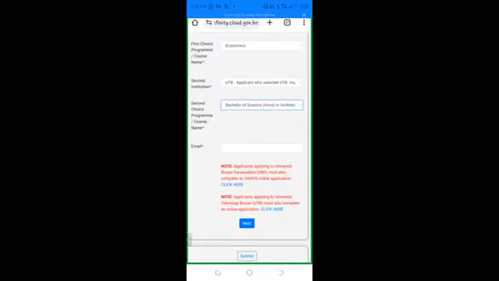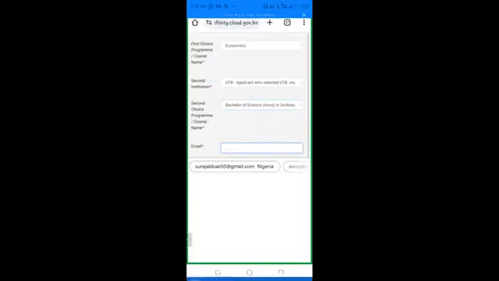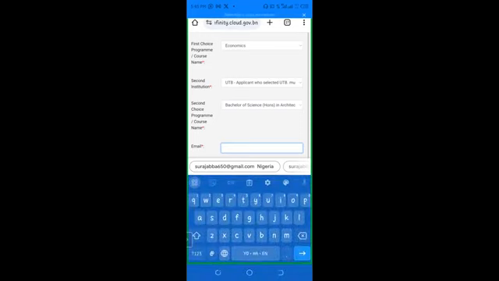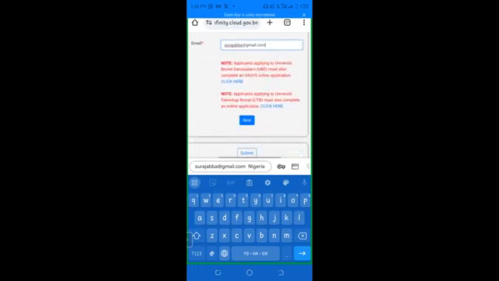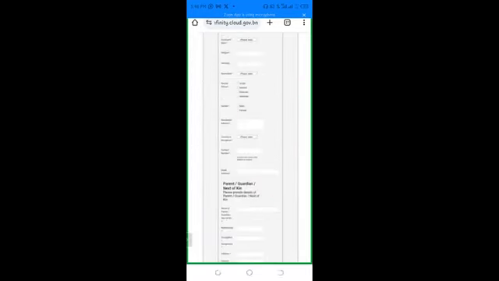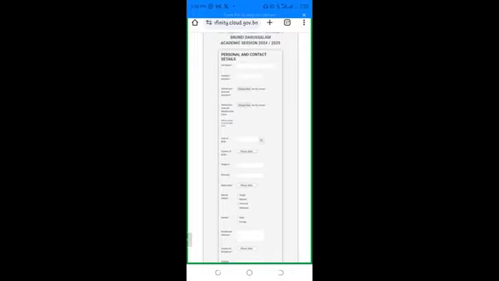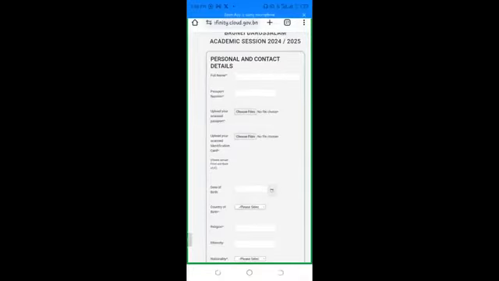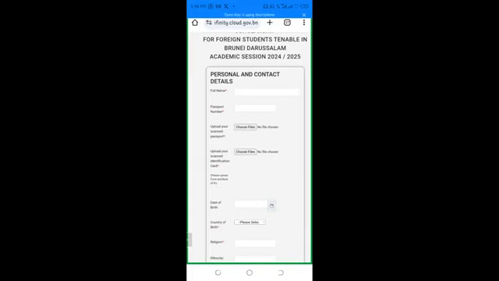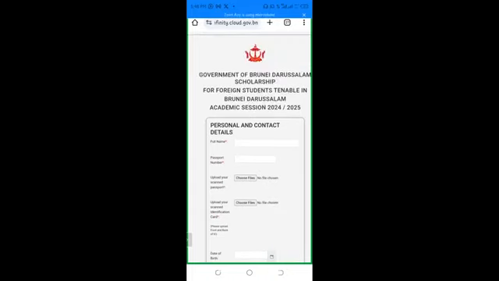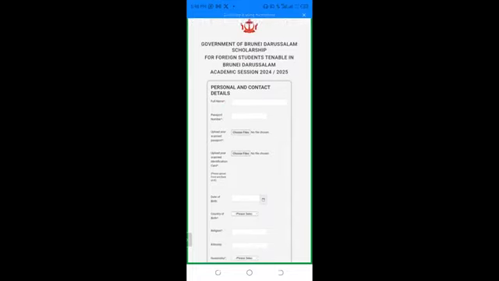And then we click. You enter an email. So let me just enter my email. And then next. So usually what happens here is that as soon as I do this, it will send me to my email that I'm trying to apply for something or verify some things. But this one doesn't. So it's totally okay if it doesn't take you to your email or tell you to go to your email to verify.